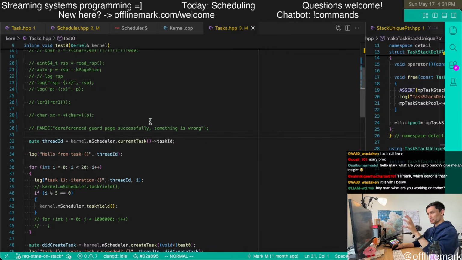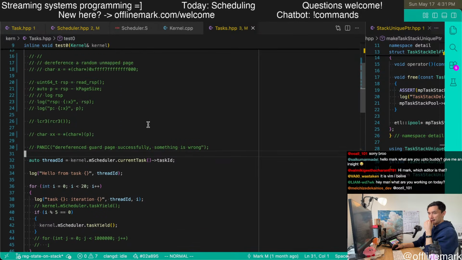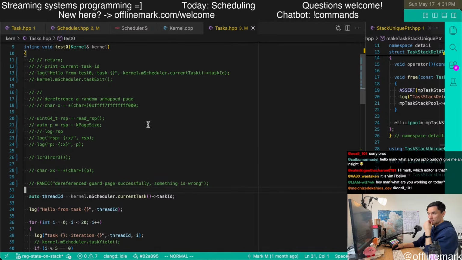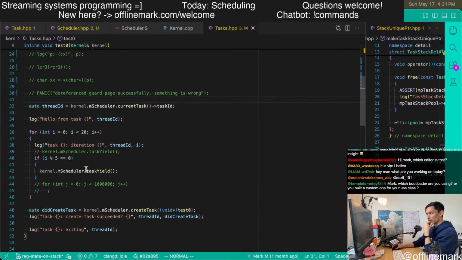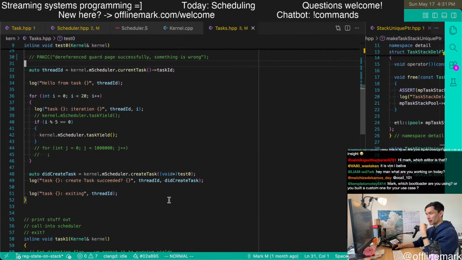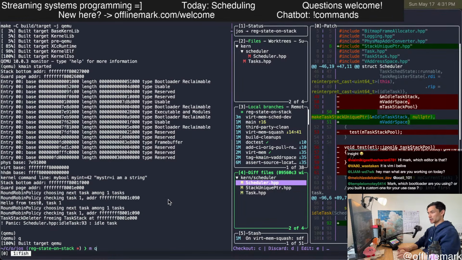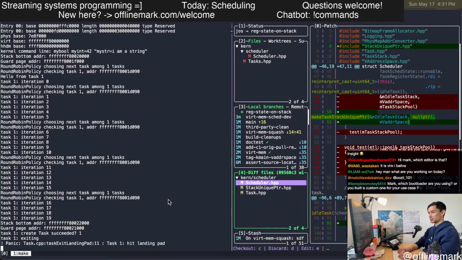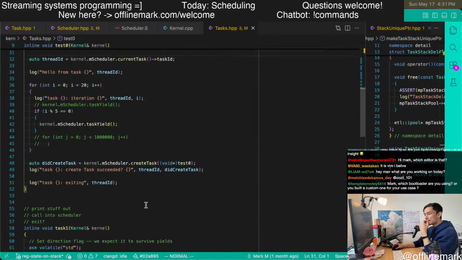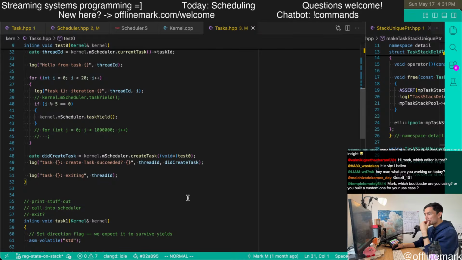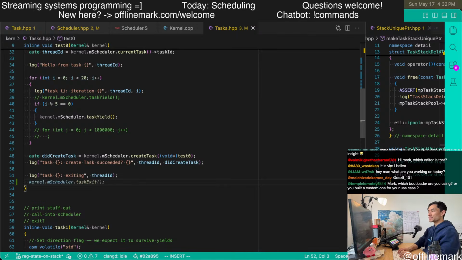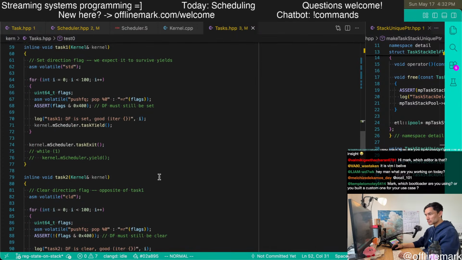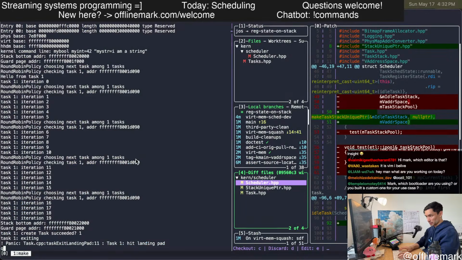Okay, so this is sort of reverting things back to a simple state where we actually have a system that is running kind of recursively, I think. I just want to get it back. Give me 1 second.